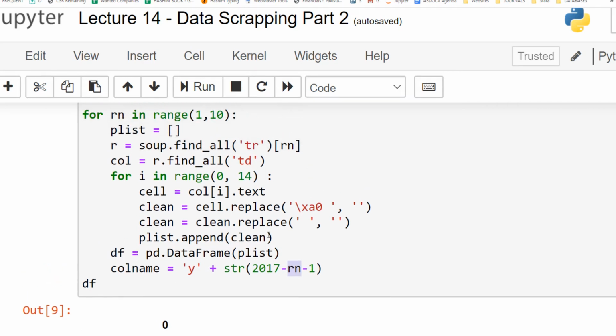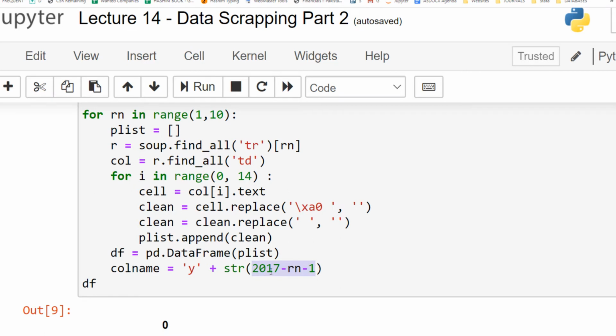So let's say that in the first run, rn variable is 1. So when you deduct rn from 2017, it will become 2016. And once we deduct 1 from it, it will become 2015.